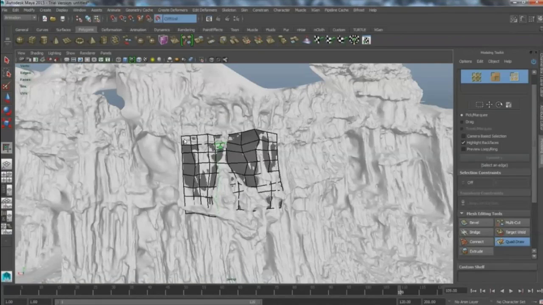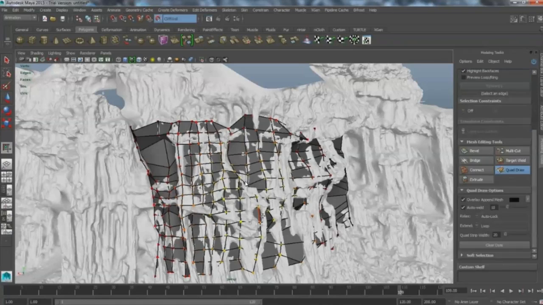The extra tool here allows us to push and pull our model and keep the texture the same, but manipulate that on a grander scale. So if we wanted to just have the wall that's very complicated, very dense, we can still click and drag